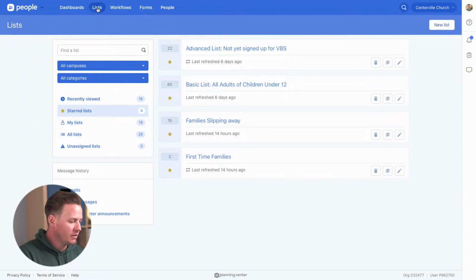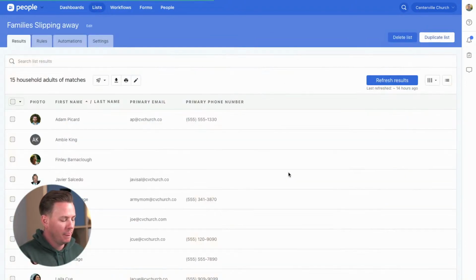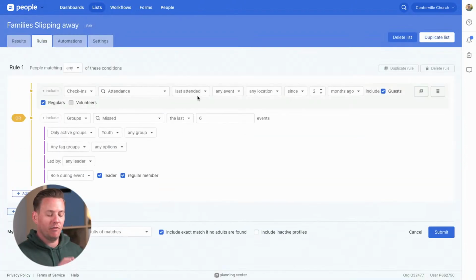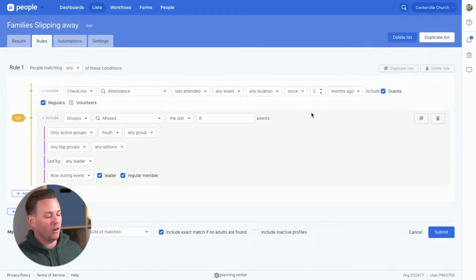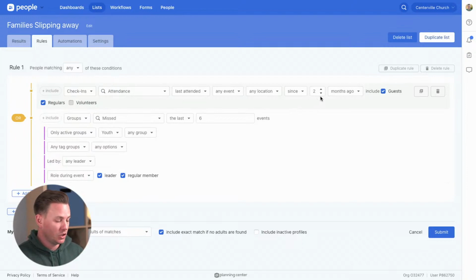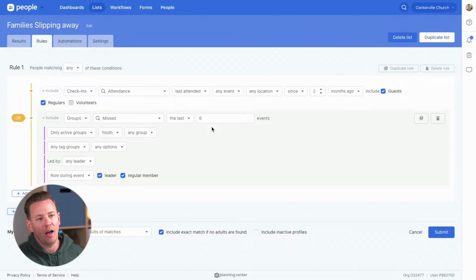So we'll go back to lists here, and I've got families slipping away. In this rule, I'm looking for the same thing I looked for with the new families, which is anybody that's checked in to check-ins for the first time. This one I'm saying, hey, they haven't attended anything in check-ins for 2 months, so 8 weeks of inactivity in check-ins,